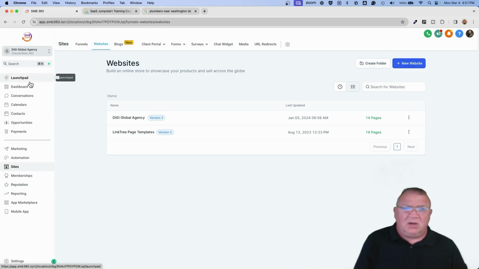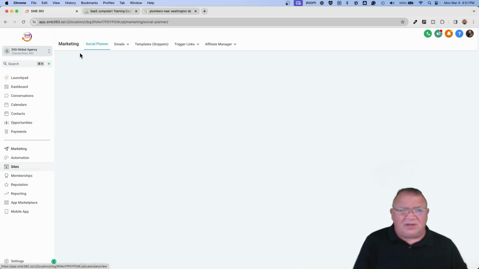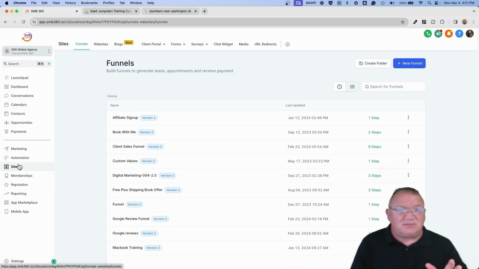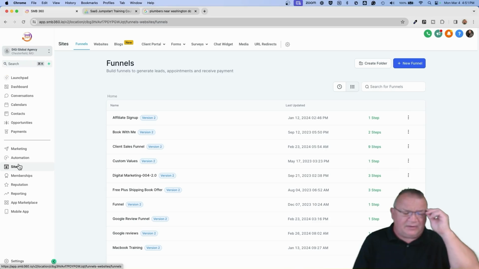You get all this, by the way, all these things in here, from the calendars, contacts, the CRM system, the pipelines, the online payments, the marketing where you get the funnels, websites, email templates, things like that, the automations and the workflows. You get all of that for $97 a month. That is what you're shooting for. The $97 a month plan, get one customer and then have them start paying you $97 a month. Boom, now your software cost is covered. And you can do that in just a few days using what I'm going to be teaching you here and in my course. So again, here's a website.